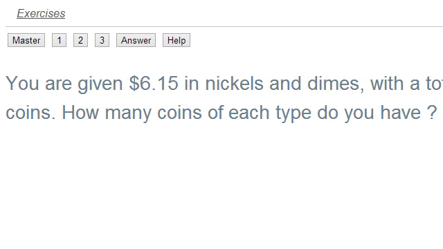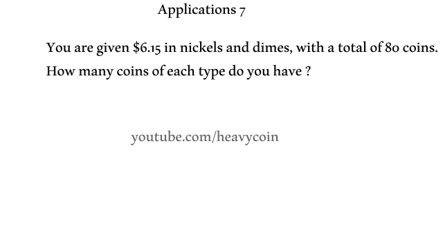So let's get over to the whiteboard. Here it is. We want to know how many nickels and how many dimes. We're going to set up an equation that involves the money first. A nickel is 5 cents, and we'll let n be the number of nickels, plus a dime is 10 cents, and we'll let d be the number of dimes, and it's going to total